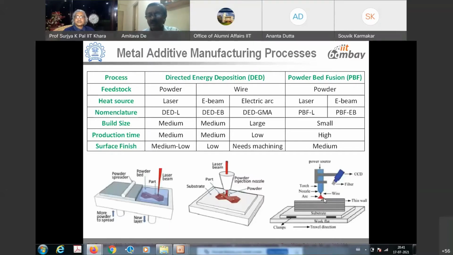So there is a basic difference from the conventional near-similar processes, like casting or welding, which are similar processes. Casting is perhaps similar in some sense because that is also shaping; here also we are shaping a part. Welding is near to additive manufacturing in particular because of the mechanism of the way we work. Here also, just like in welding, we take the help of melting and solidification of a filler wire or powders.